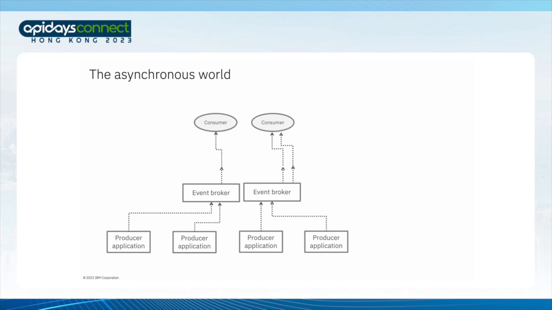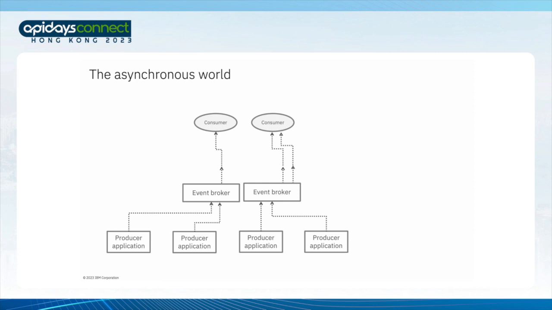I'm talking about applications that put messages on queues or that publish messages to topics. Now, those queues and topics could be provided by message brokers, things like ActiveMQ, or they could be provided by streaming event platforms like Apache Kafka. And I'm talking about those consuming applications that want to receive these events or messages. We use event-driven architectures to enable more responsive, more real-time applications. And my point for today is that the API management discipline can help us to facilitate this.